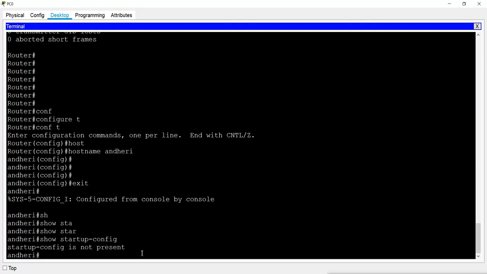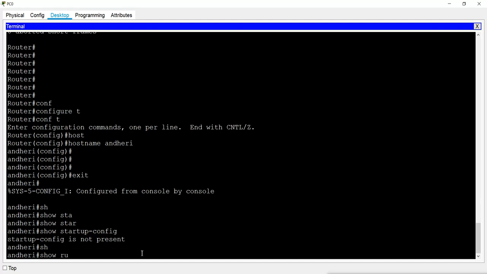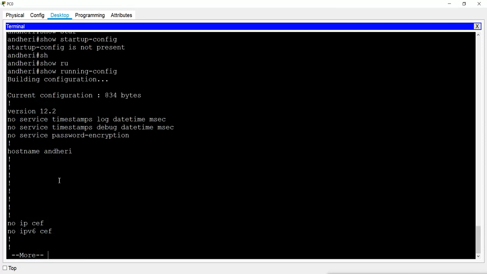That means when I start my router, it will again go to the default and to setup mode because there is no configuration. But when I see the running configuration, the host name is there. So it is in the running configuration and it will not be in the startup configuration, so next time if I boot, it will not be available.